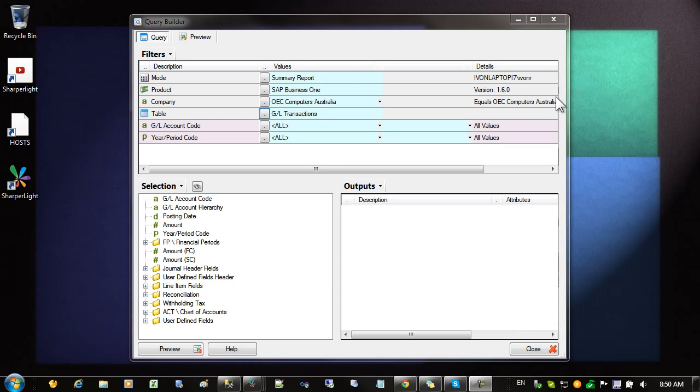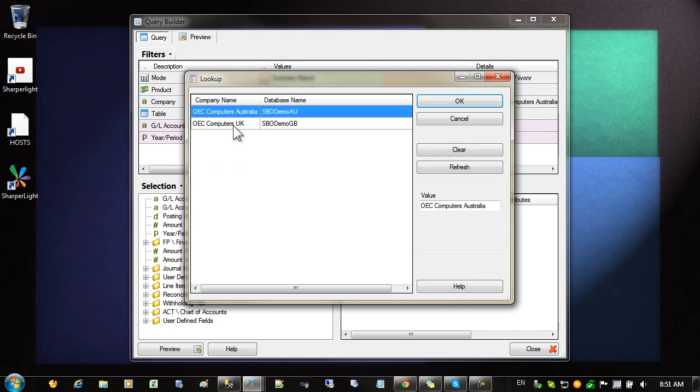Hi, in this video we'll be looking at the concept of superfields in Studio. Superfields allow you to create a data model that can access multiple companies, databases, schemas, entities. As an example, let's have a look at a system called SAP Business One. You can see that it has a superfield called Company, and when I select on it, I can choose between